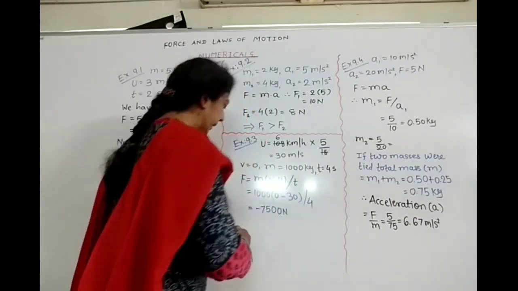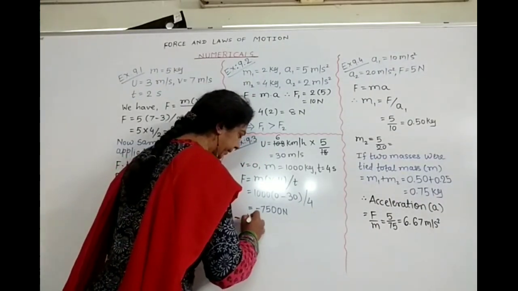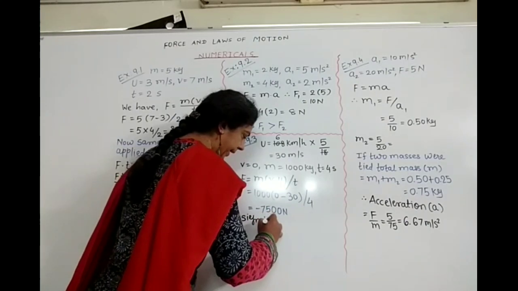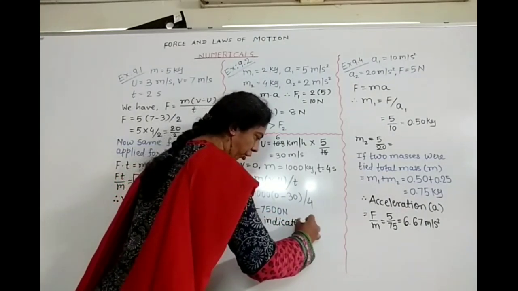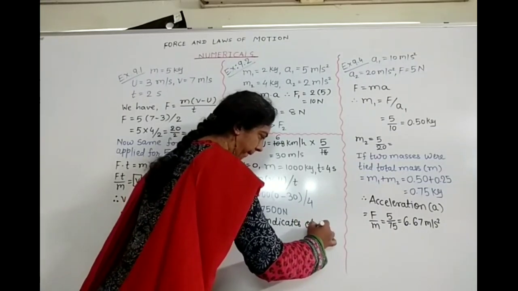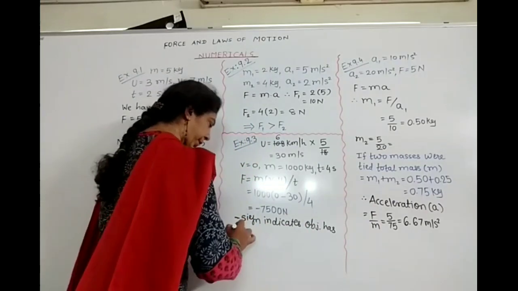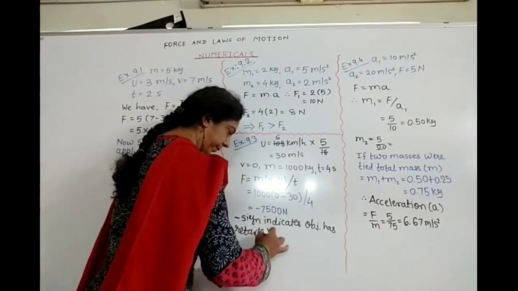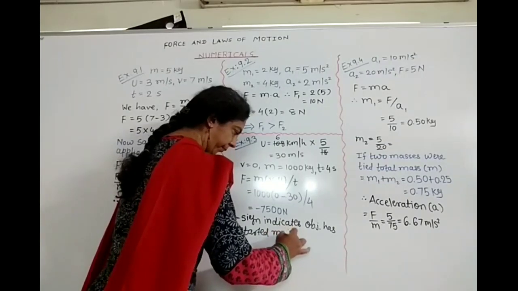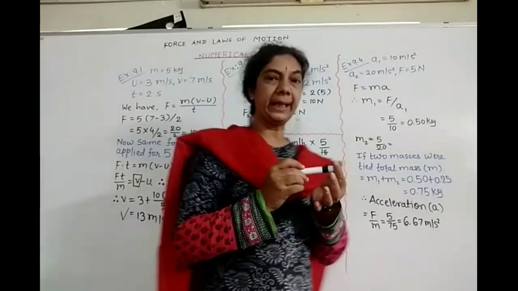Here this minus sign indicates that the object has retarded motion. Right? Then example